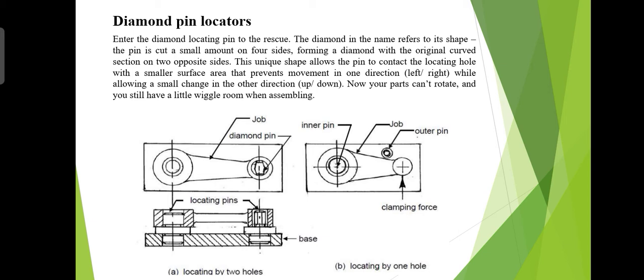Now this one is the diamond pin locator. It is not possible to provide accurate dimensions to a jig or a fixture. Also, there may be variations in the center distance between the holes in the workpiece. Hence, allowances must be provided for these variations in hole sizes and locations. For instance, the distance between holes A and B will vary to the extent of tolerances,